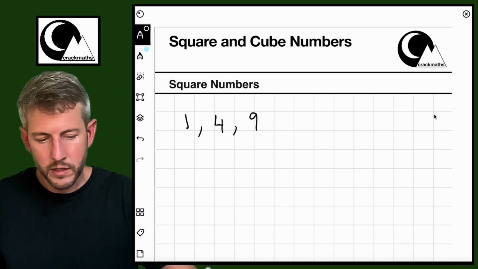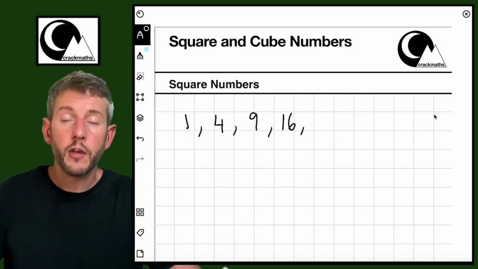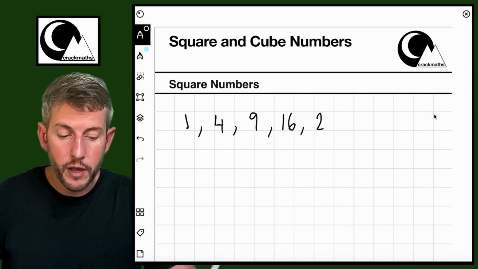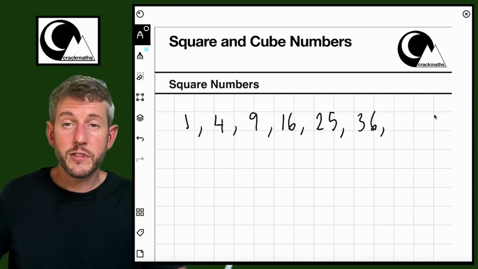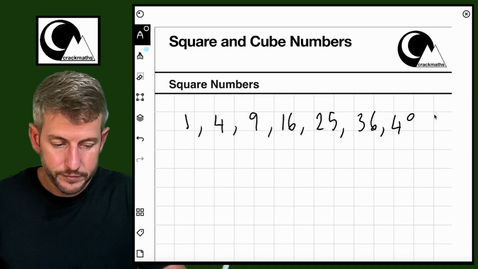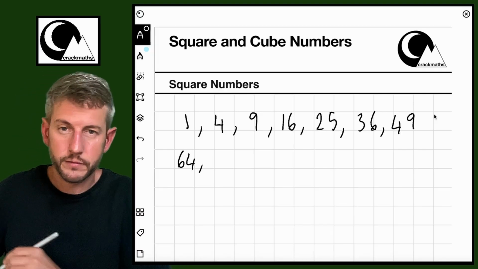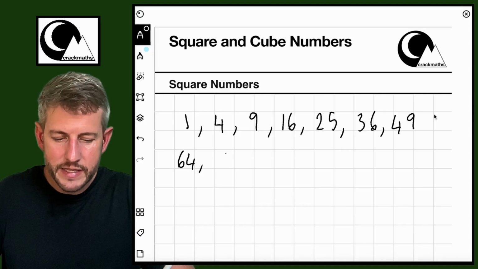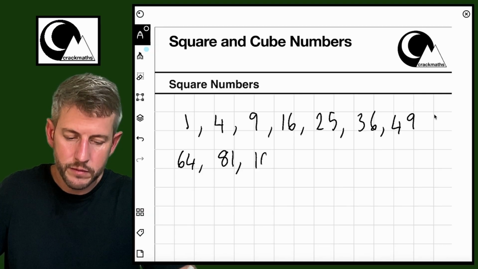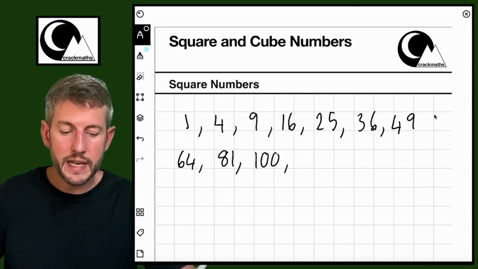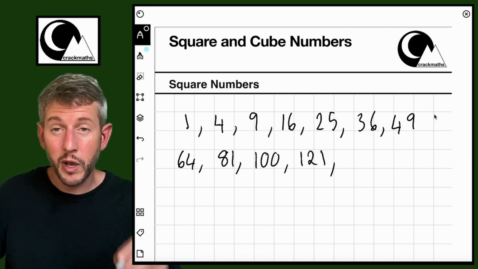In fact, we've got 3 times 3, then we've got 4 times 4 is 16, 5 times 5 is 25, 6 times 6 is 36, 7 times 7 is 49, 8 times 8 is 64, 9 times 9 is 81, 10 times 10 is 100, 11 times 11 is 121, and then 12 times 12 is